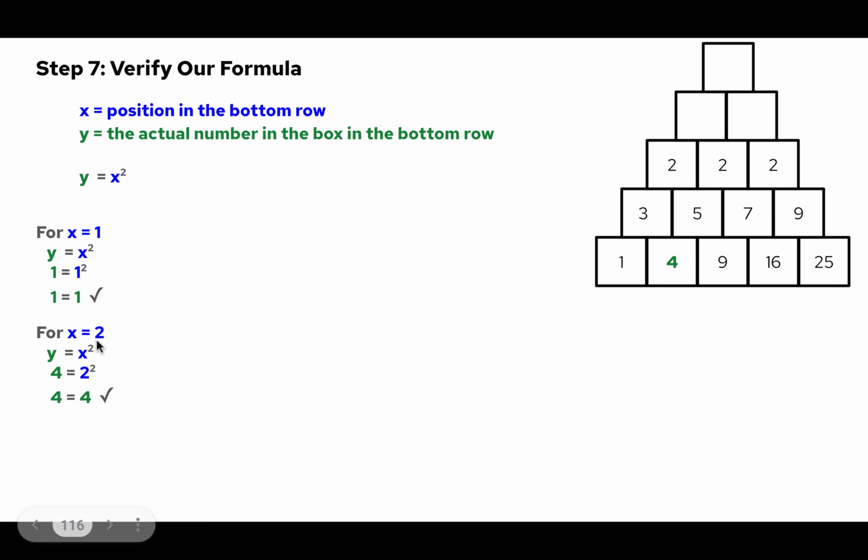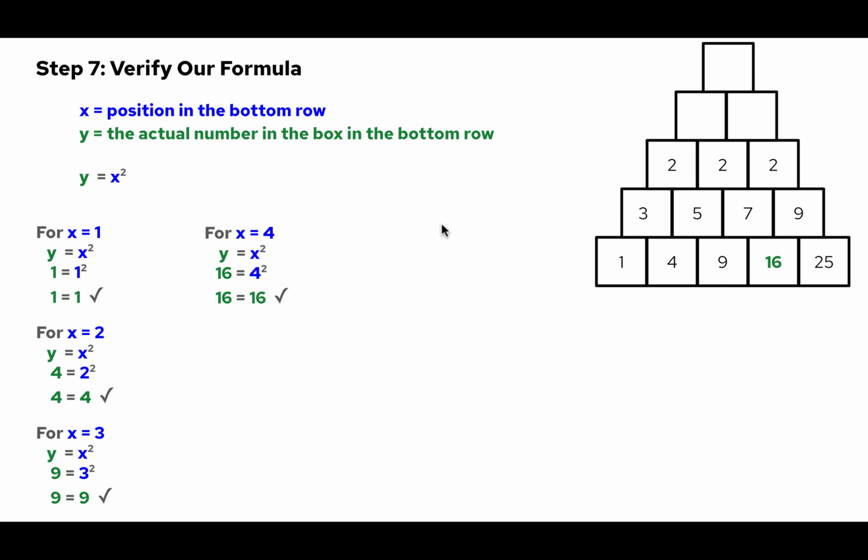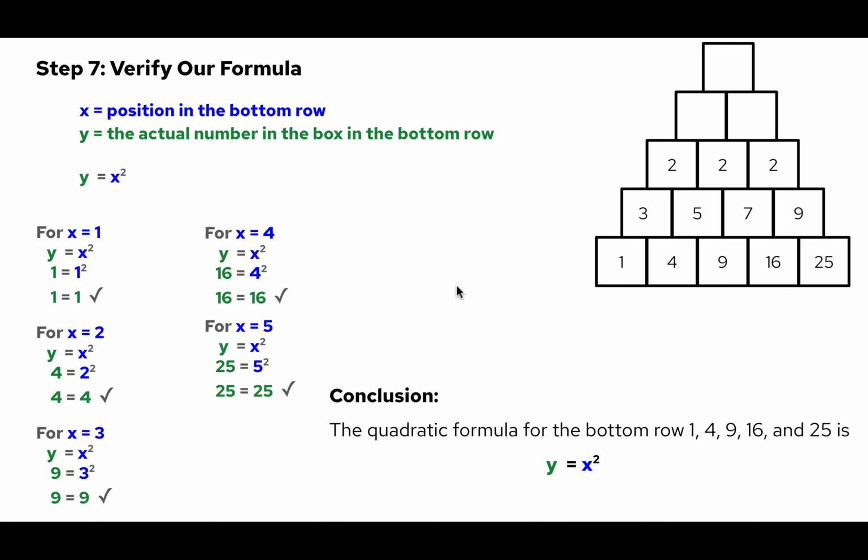For 2, we would say 2 squared, and that does equal 4. For 3, 3 squared does equal 9. For the fourth position, 4 squared does equal 16. And for the fifth position, 5 squared does equal 25. So the conclusion: the quadratic formula for the bottom row 1, 4, 9, 16, and 25 is y equals x